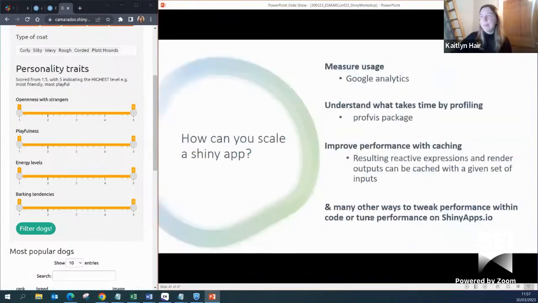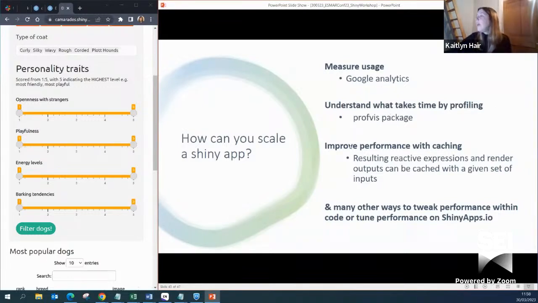How can you scale a Shiny app? This is probably a bit beyond what you're thinking about just now, but it is quite cool because you can integrate things like Google Analytics, so you can see how many people have been looking at your Shiny app and using it. That's something you can look into, and it's fairly easy to implement. You can use the ProfViz package to profile your Shiny app and see what's taking so long. Because when I first started making Shiny apps, I was using quite big data sets, and it was taking a very long time to load. So if you start having those sort of problems, I recommend profiling it and trying to understand what computation is